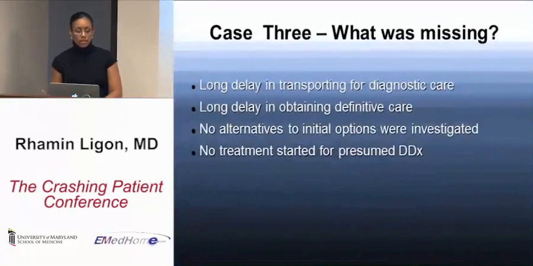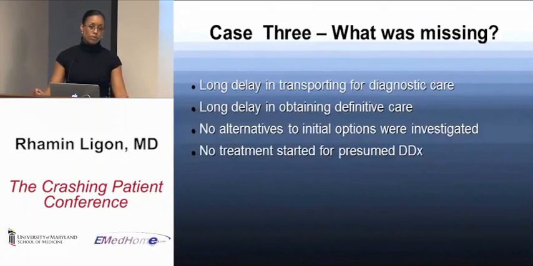So what's missing? This is a case of do something different, very, very clearly. This patient was in the ER for almost 12 hours. She bounced to the appropriate level of care, and instead of keeping her there, they shipped her back. She actually should have probably stayed where she was to get care. We didn't even have vital signs during the period that she was away from the primary hospital. She had a long delay in transporting for diagnostic care, a long delay in obtaining definitive care, and of significance,